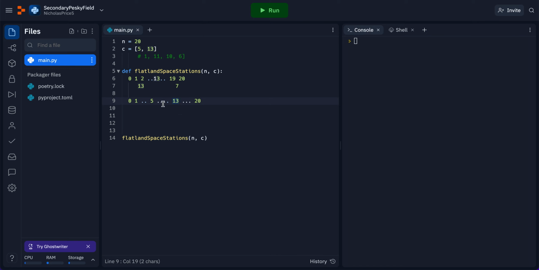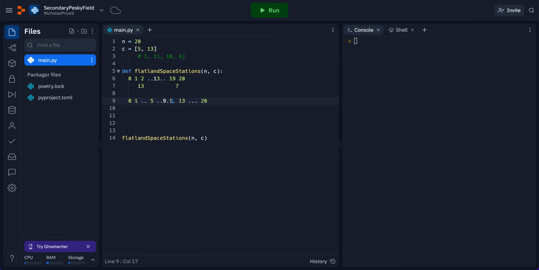And then you wind up with some cities between our space stations. And you could compare 5 to 12. But the distance between 5 and 12 wouldn't really be valuable to you because 12 is only 1 away from 13. Really what you need to look for is the city that lands right smack in the middle between 5 and 13, which would be what? The distance between these is 8, so you'd add 4, it would be 9. So 9 has a distance of 4 between each of these, which is the greatest you could find,